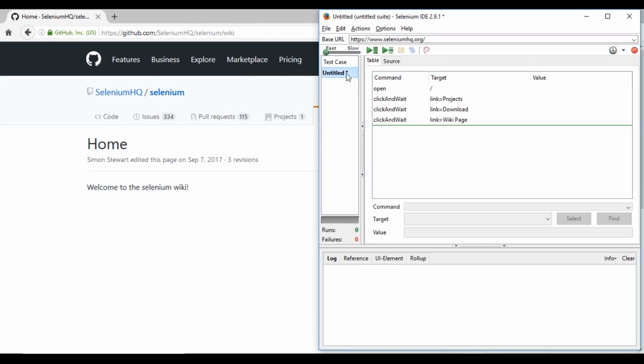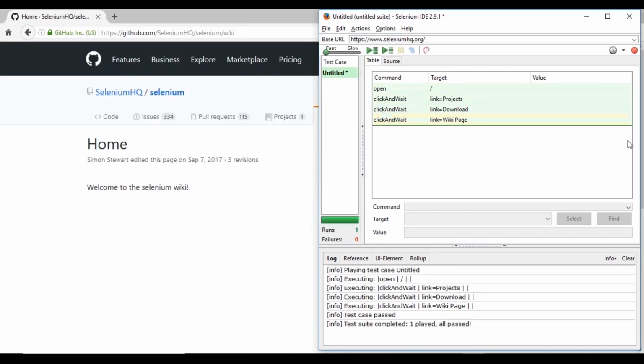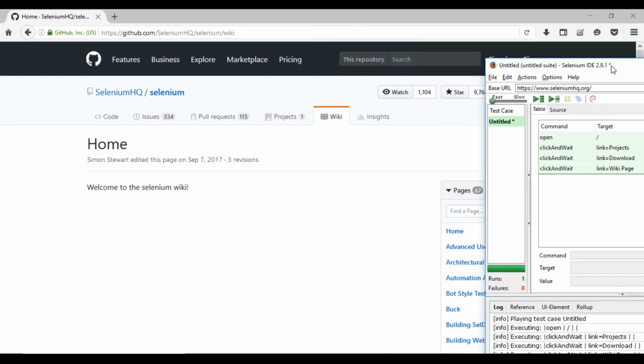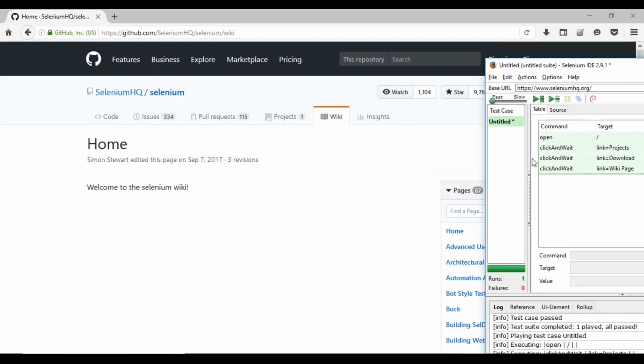So how do you run it? You just right click and say play test suite from here. It is going to perform all the operations that you would have done. Can you see here? It is navigating to whichever pages you had navigated before, right? Likewise, you can test it n number of times. How many times you want, you can test it. It will still run the same, right? So now this is the recording and playing back option of your IDE, right?